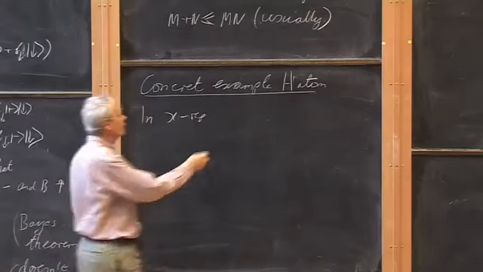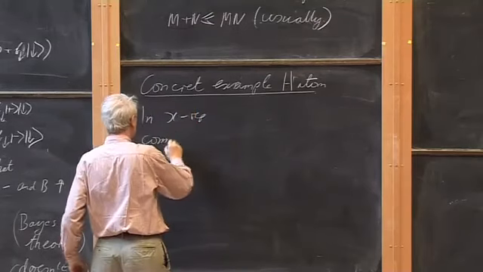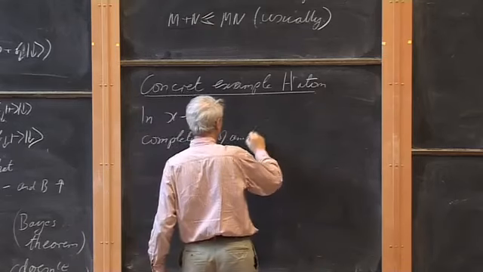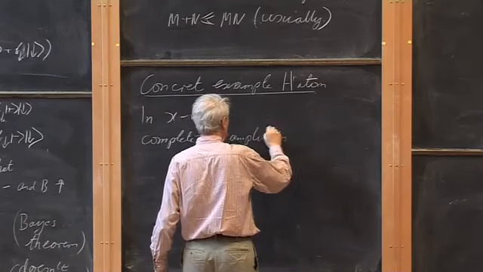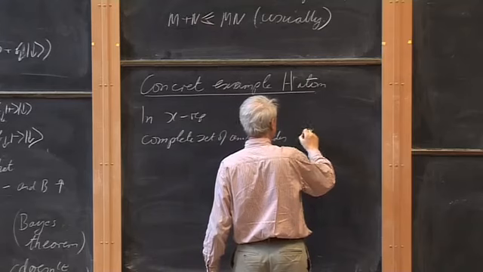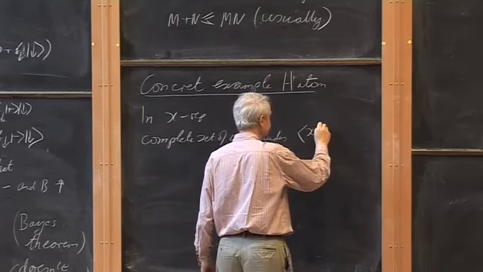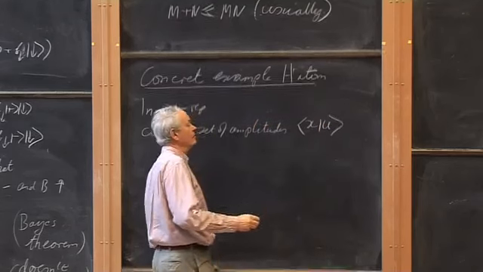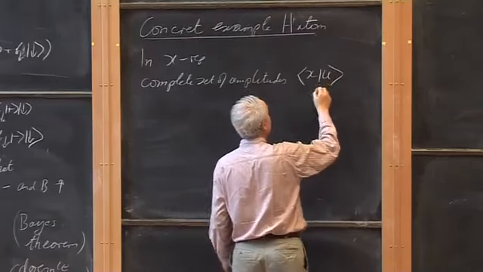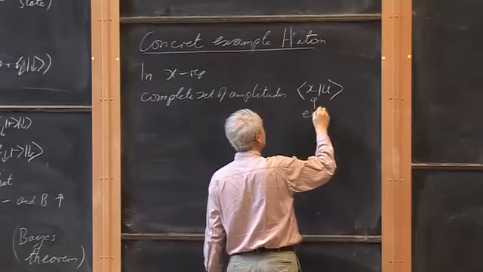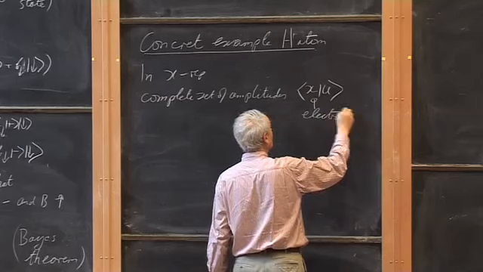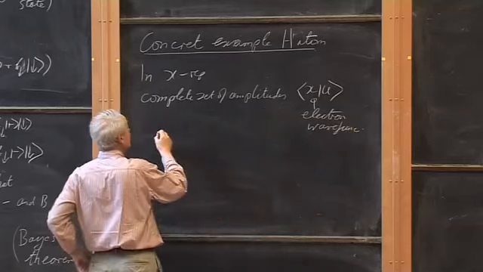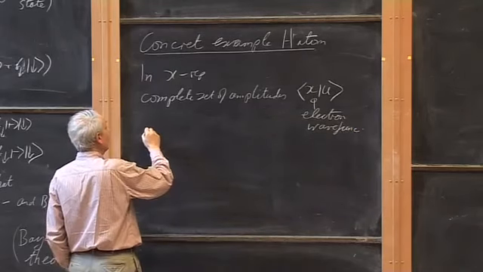Our complete set of amplitudes are going to be things like x, and let's make this the electron wave function, and we're going to have also